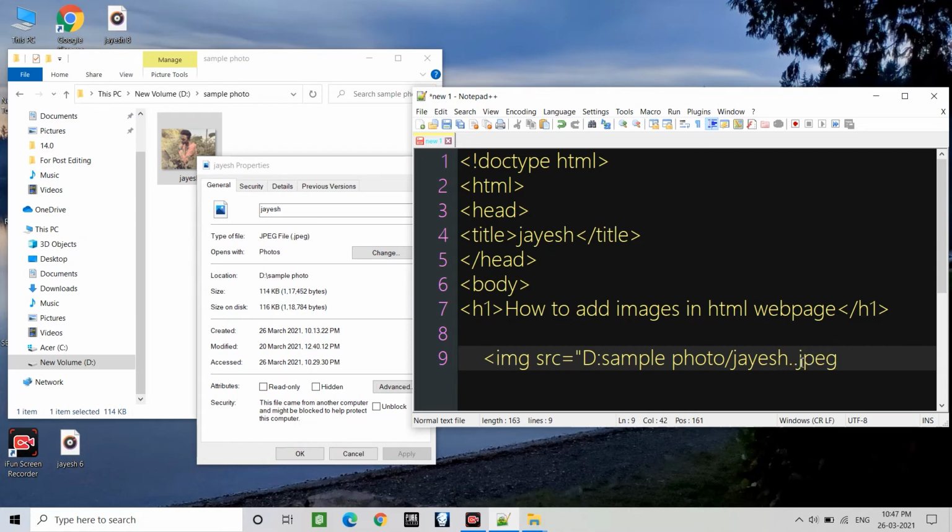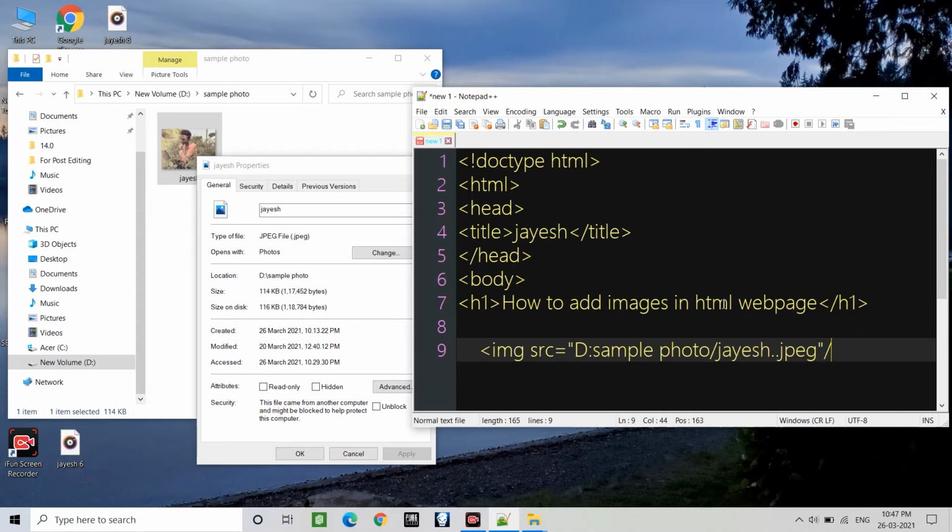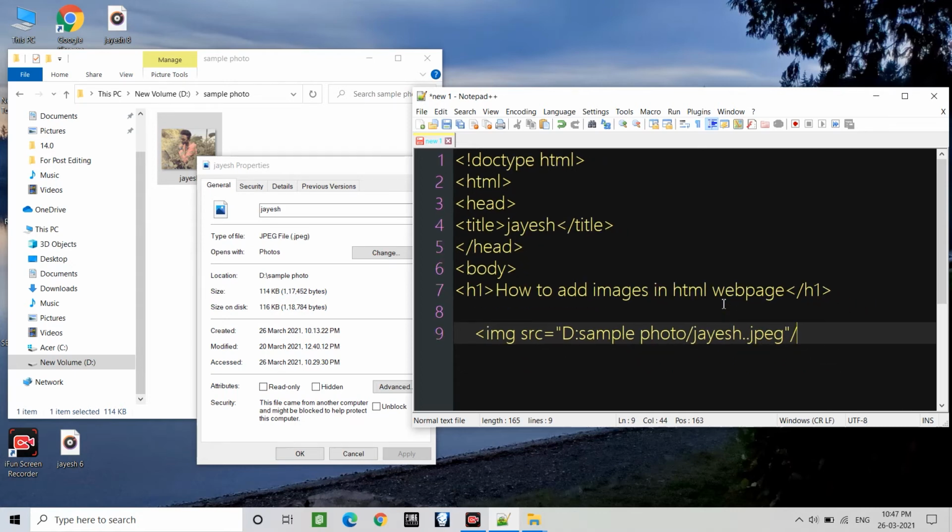This is our JPEG format, and after that we have to close this with a quotation mark, and then we'll use slash for closing the tag, and after that you have to use the greater than sign here.